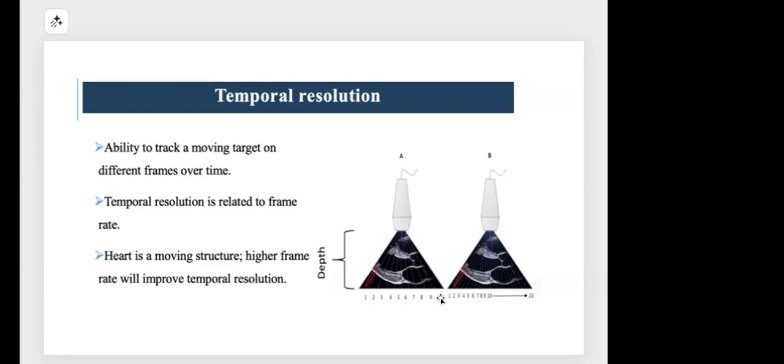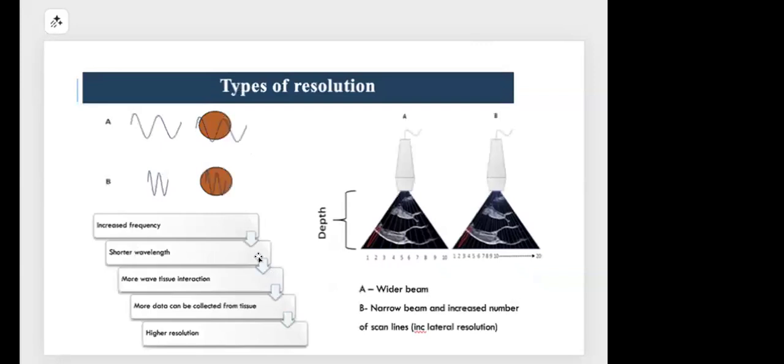Yeah, very true. So in M mode, there is only one scan line, so all the energy is related to that line. So we will have a better temporal resolution in case of M mode. And as Madam told initially, the axial resolution. So you should be very clear that axial resolution depends upon frequency, and temporal resolution depends upon the scan lines. So that is a very important point in resolution, because we should be seeing the structure of interest. The region of interest should be very clear, so that we can interpret it properly and play an effective role in perioperative decision making. So next question is